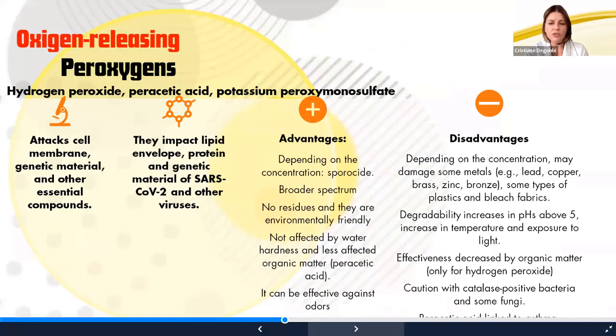And depending on the concentration, they can damage some metals. They are not very stable usually. And the effectiveness is decreased by organic material. If we're talking about hydrogen peroxide,